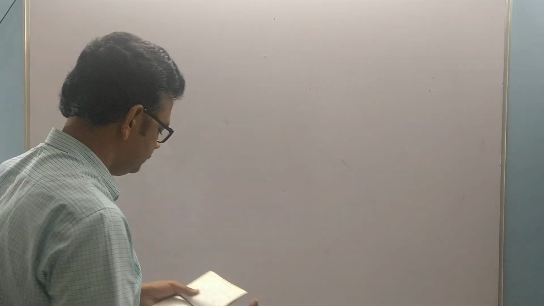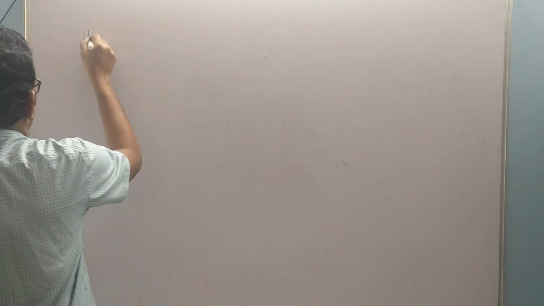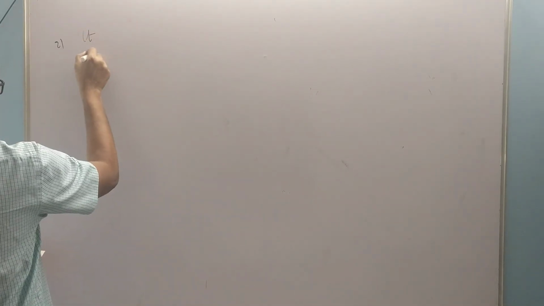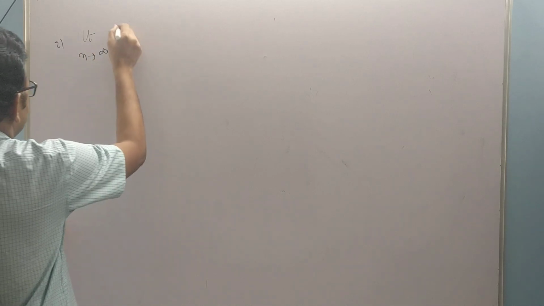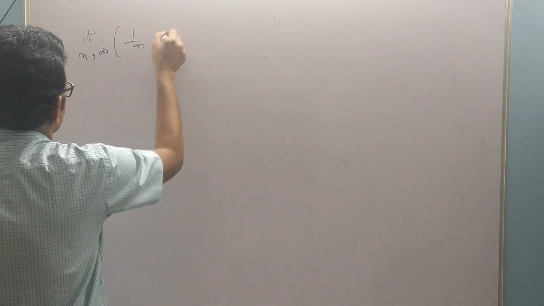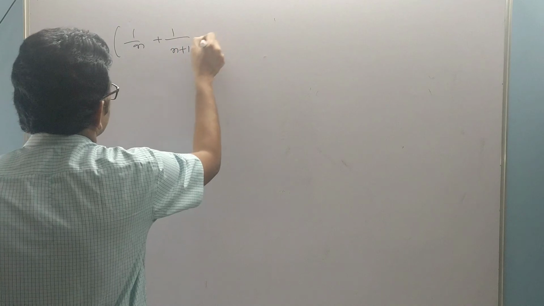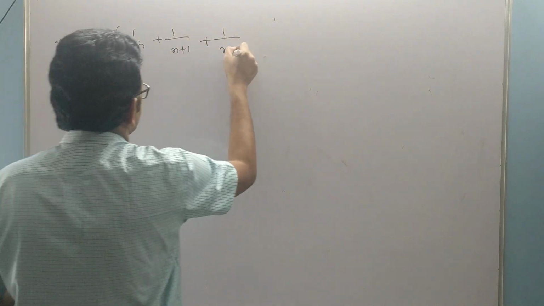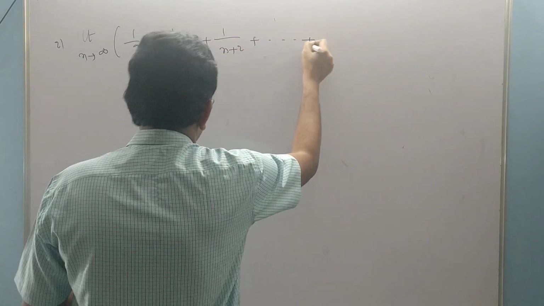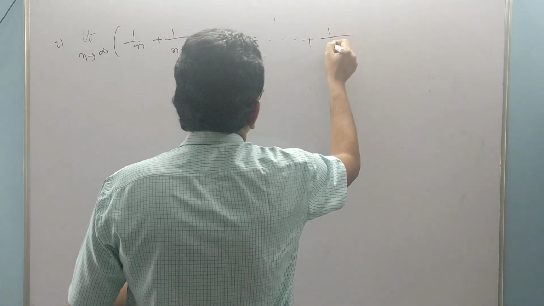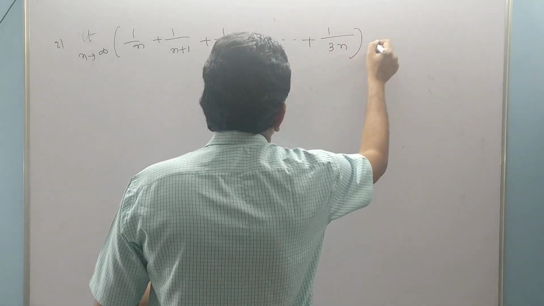Next one, limit of n tends to infinity of 1 by n plus 1 by n plus 1 plus 1 by n plus 2 plus and so on up to 1 by 3n is equal to